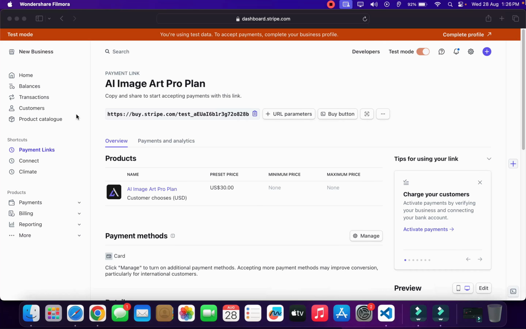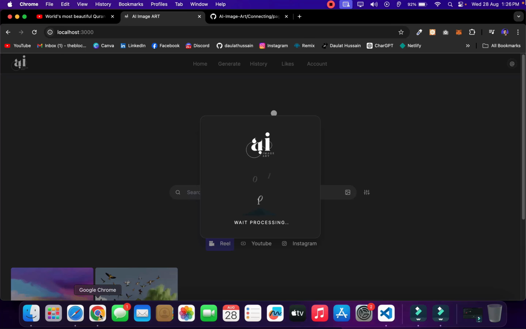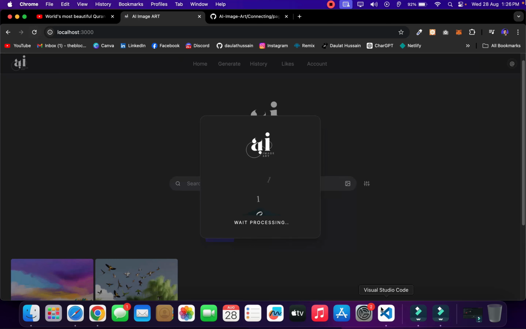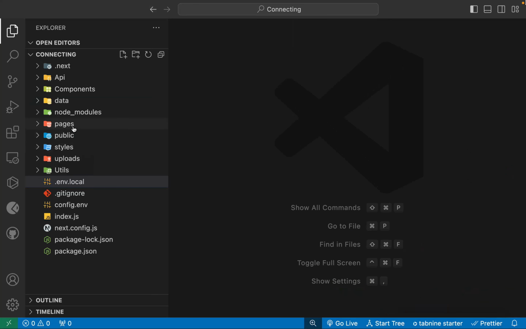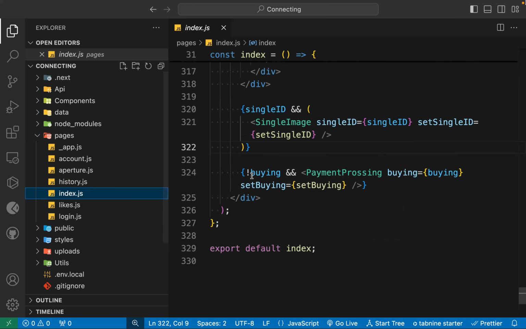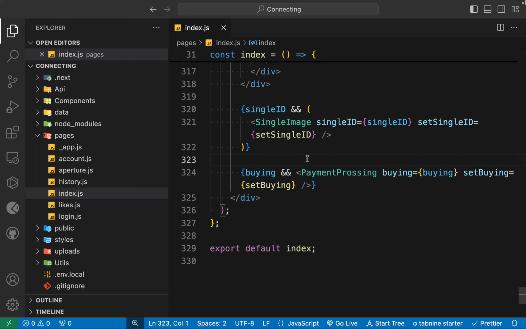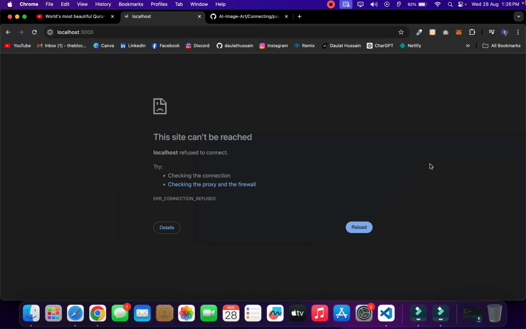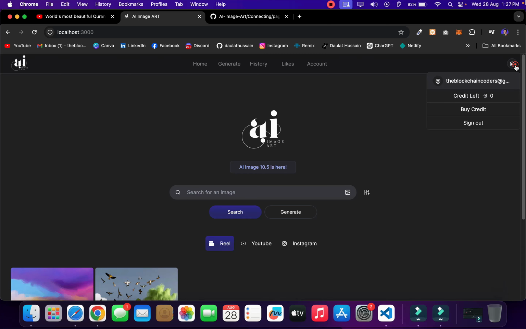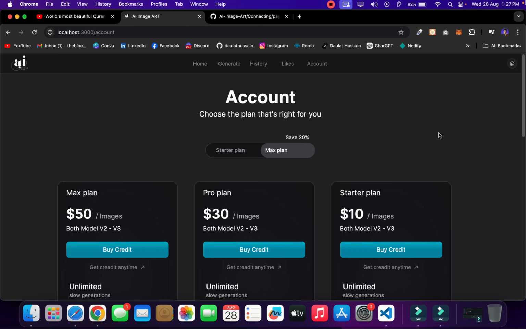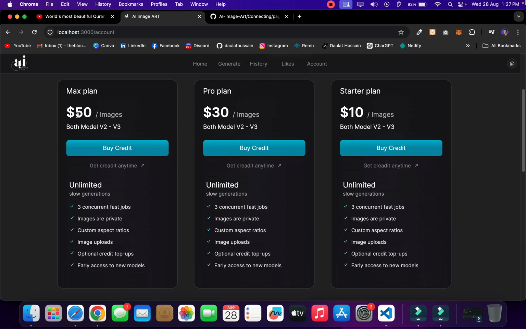So simply close this one, reload the page, come back here, and we have to simply deactivate and remove this one. Save it, come back, reload the page, and finally our application is working fine. If you click, you can see I have 0 credit. So now I'm ready to buy the credit. I can simply come back here, click on buy credit, and it will take you to the account page, and I can select any one. I can click on this 50, and it will take me to Stripe,